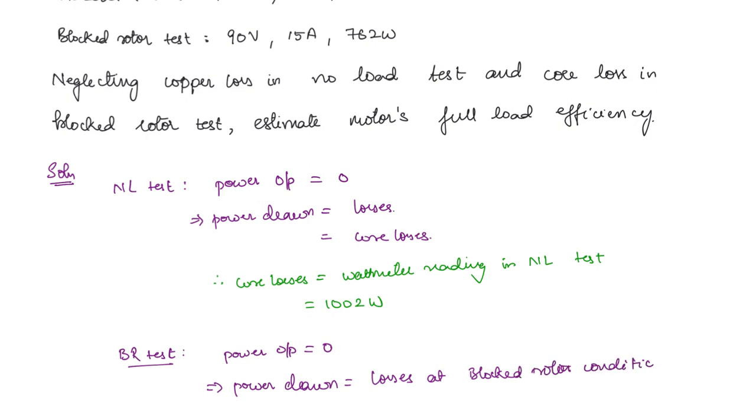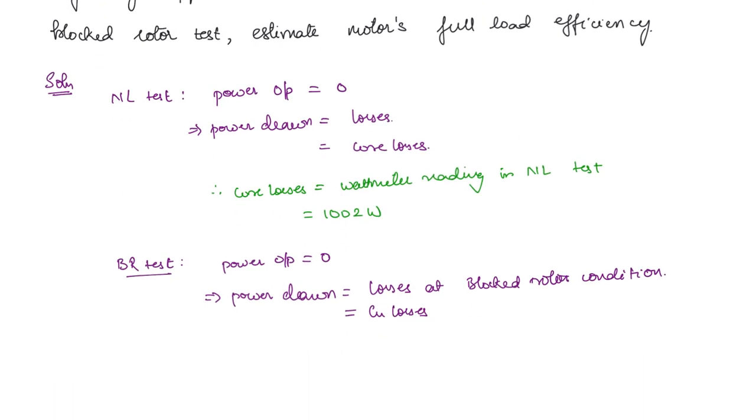Okay, so that means the rated current will be flowing. Now core losses are neglected in the blocked rotor test. So whatever power is being drawn, which is given as 762 watts, is entirely copper losses. So this is copper losses. Therefore, copper losses at 15 amperes, because copper losses depend on the square of current, I square R, is equal to the wattmeter reading in the blocked rotor test, which is given as